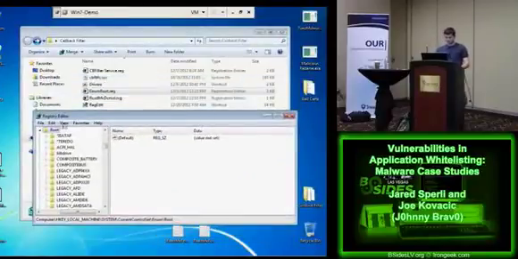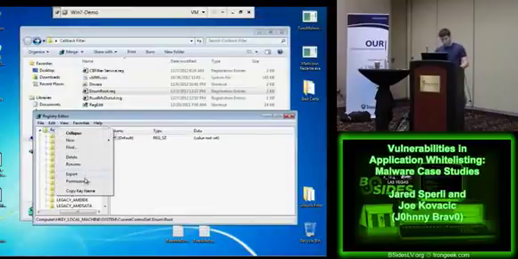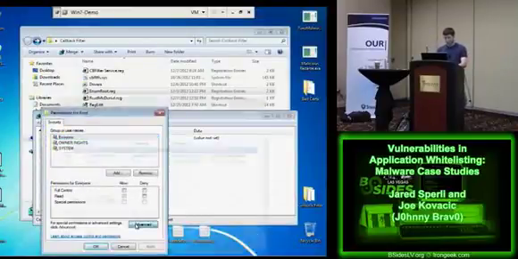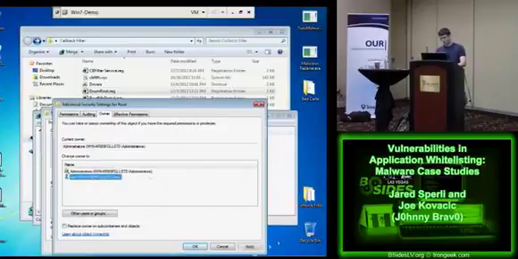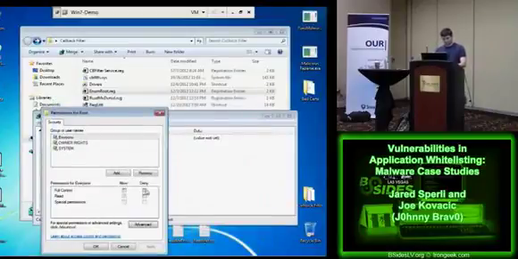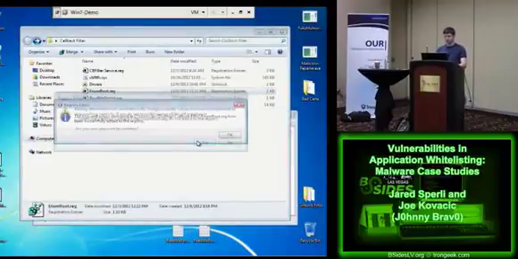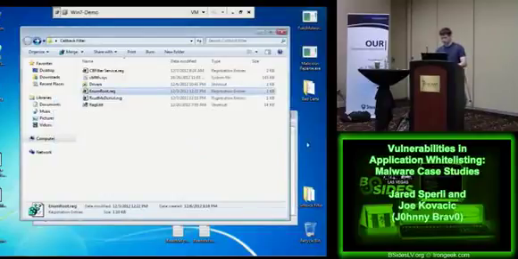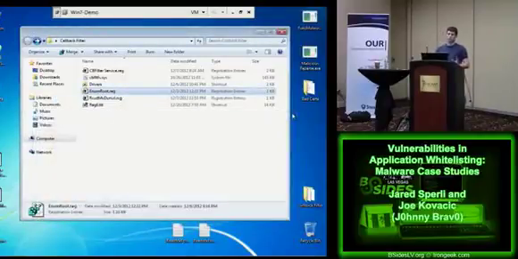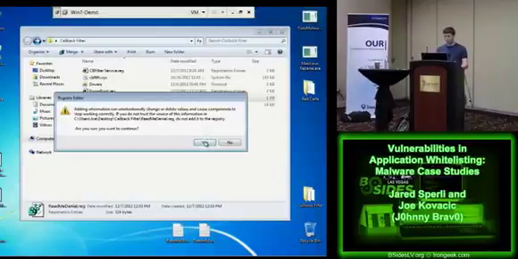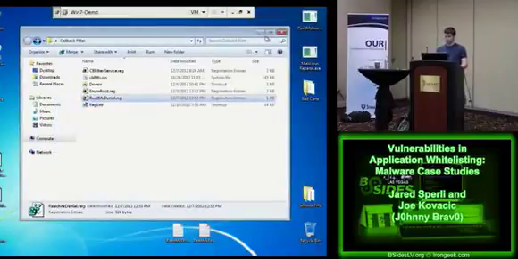Unfortunately, the method of protection is particularly weak. So if we go into permissions, go to advanced, and take ownership of the registry key ourselves, we now have the ability to control who and what is capable of seeing or modifying these particular areas of the registry. So all of a sudden this entry we couldn't add before can now be added. And then for additional measure, we're going to show that with this driver I'm capable of denying access to certain things. Just for a real simple demonstration, we're going to deny access to a very specific text file on the desktop.